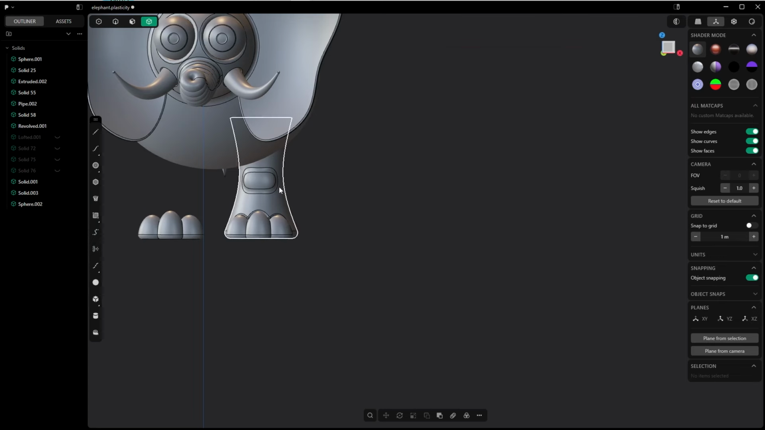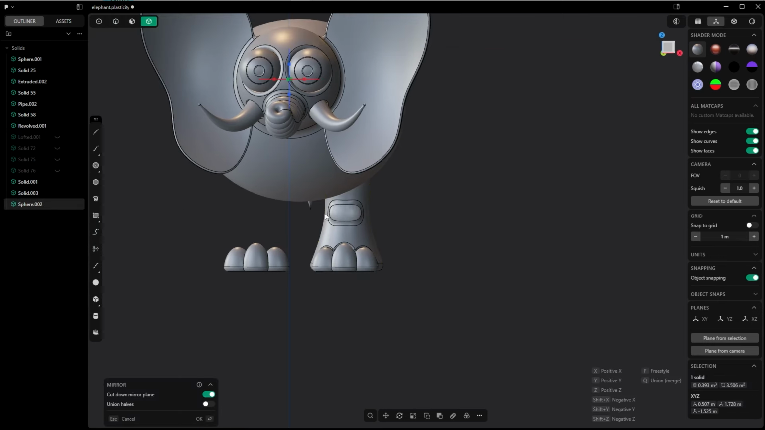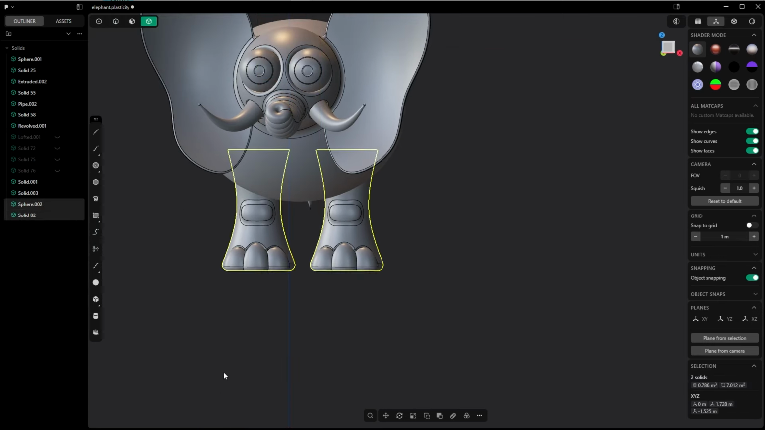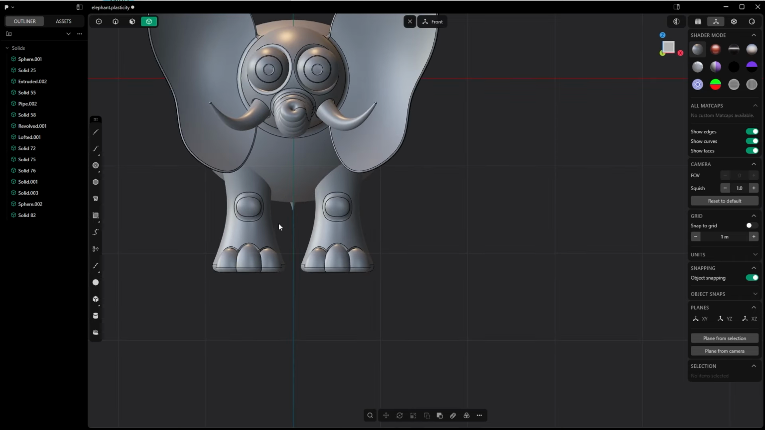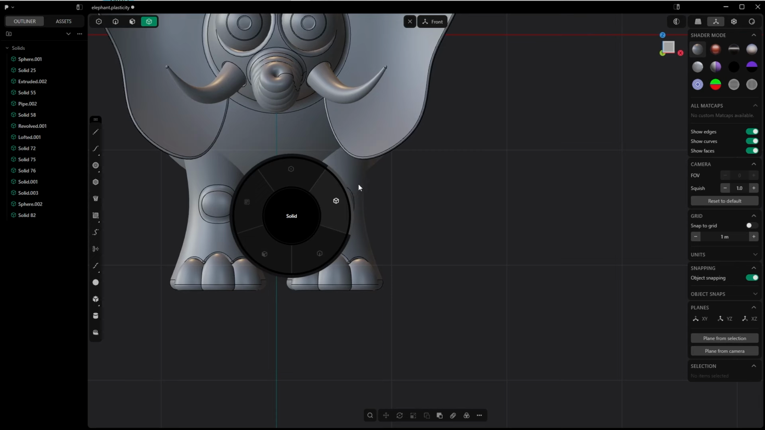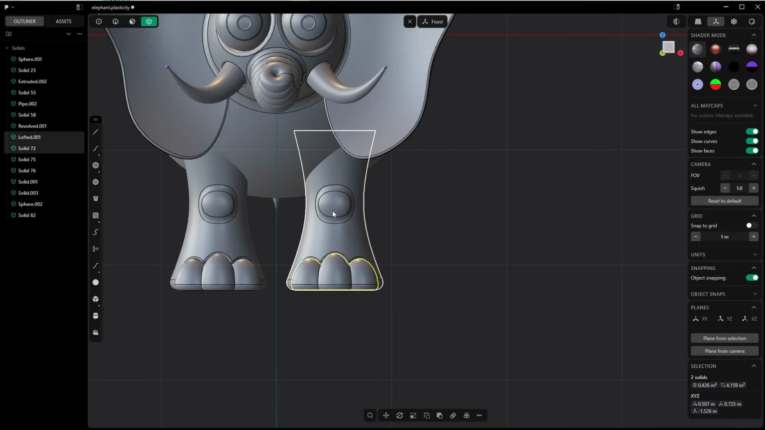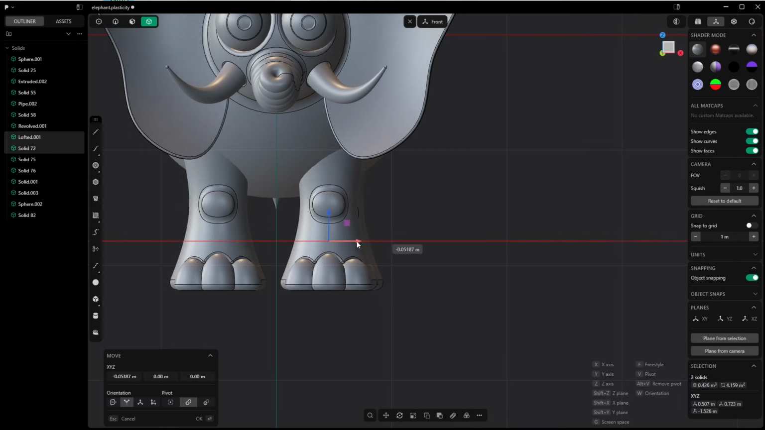I will delete this one, select this one, Alt X, mirror it to the other side, press OK, Alt H for bringing back the other legs. Let's look from the front, looks okay. And just for making them slightly different from the one at the back, I can bring this one